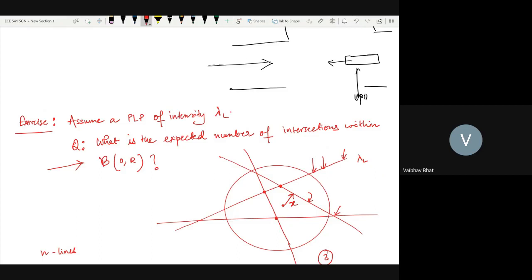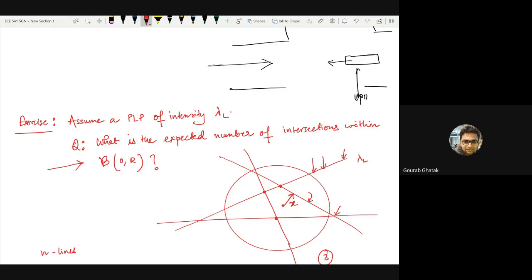So can you repeat once more? Yeah. So what we have to do for this example too is find out the probability that there are no intersections within this circle, right? Because our nearest intersection occurs at the perimeter or the edge of this circle. Now to find the probability that there are no intersections within the circle, if we start with the same methodology, we take a random line located at a distance of x from the center and find the probability that there are no intersections on this line, which is straightforward, right?